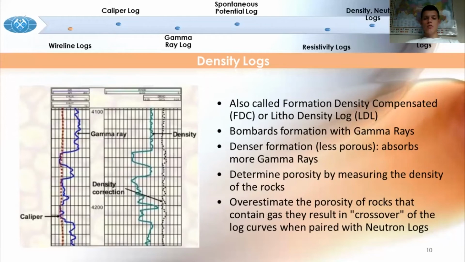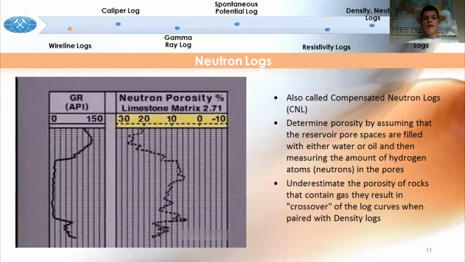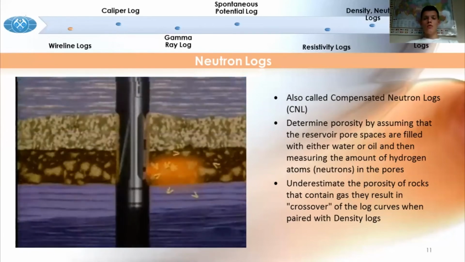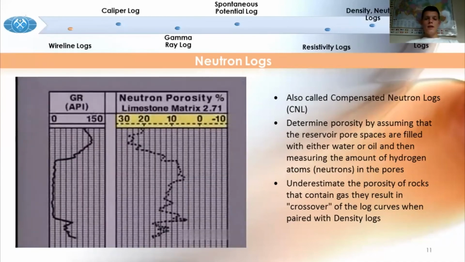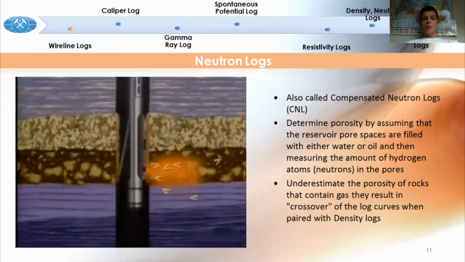Overestimate the porosity of rocks that contain gas, which results in crossover of the log curves when paired with neutron logs. Neutron logs, also called compensated neutron logs, determine porosity by assuming that the reservoir pore spaces are filled with either water or oil and then measuring the amount of hydrogen atoms in the pores. Underestimate the porosity of rocks that contain gas, which results in crossover of the log curves when paired with density